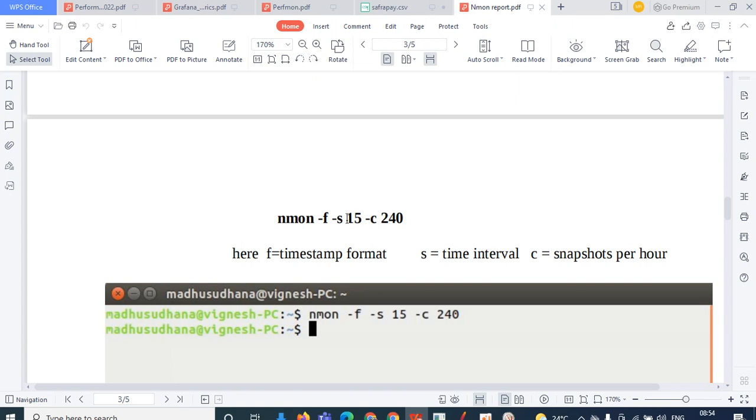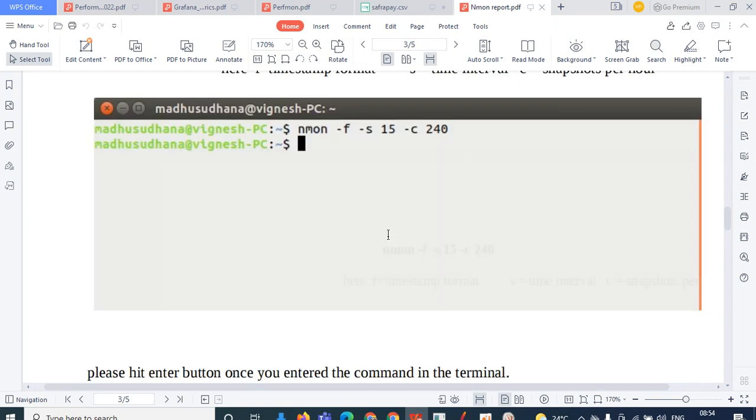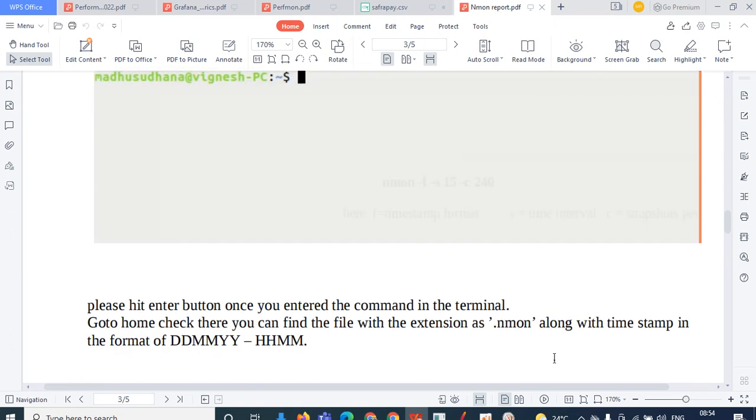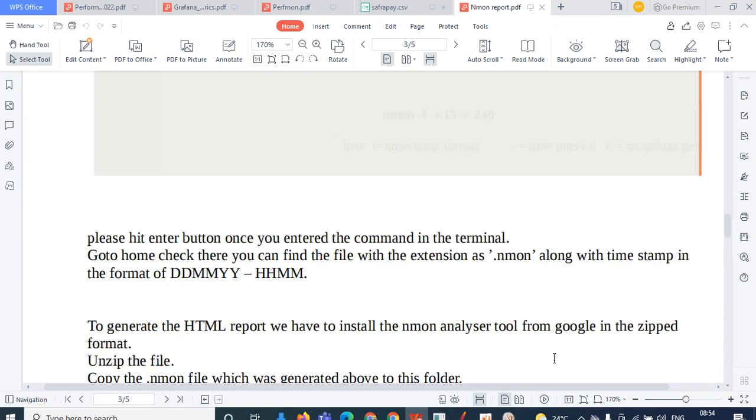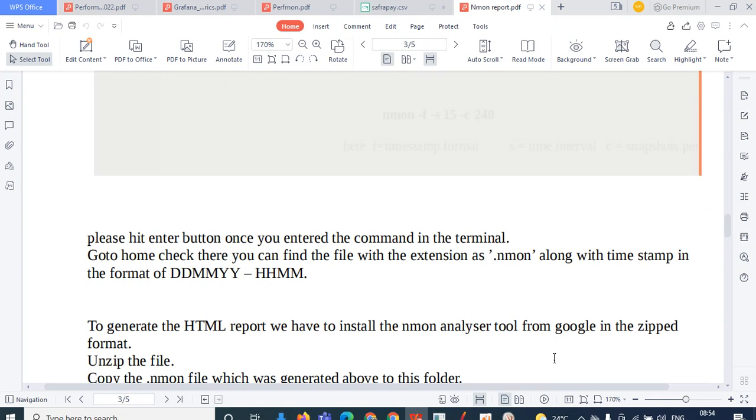Okay, so using this command we are generating the nmon report. The same command I have entered here, you can see in the terminal. I entered the same command and just clicked the enter button, that's all. Then the nmon report will be generated. How will it be generated? The extension should be like